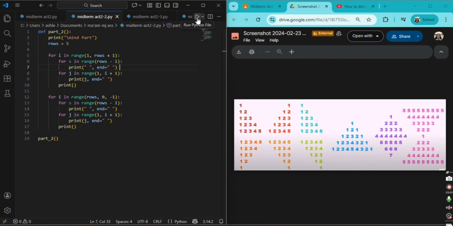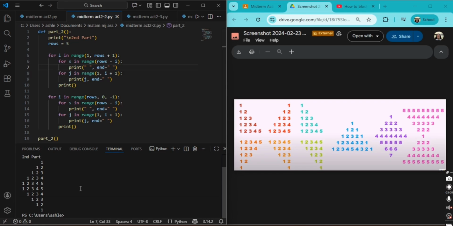So let me run it here. The same as part 1, which is the 1, 1 2, 1 2 3, 1 2 3 4. It's just the difference is that the first one is from the left side, while this part is from the right side. And next is the